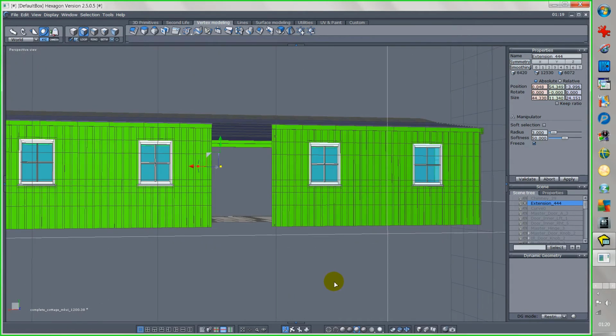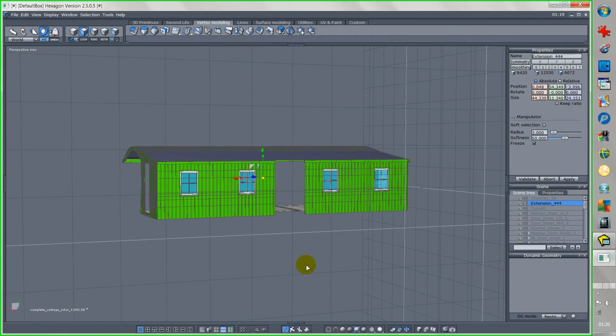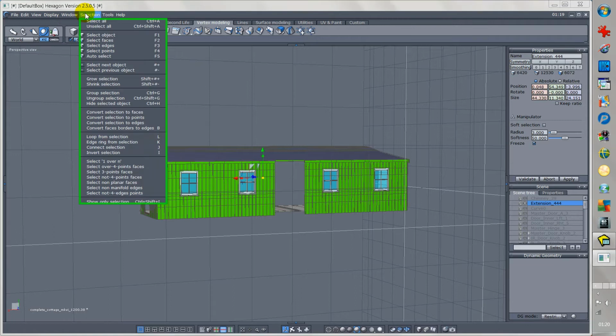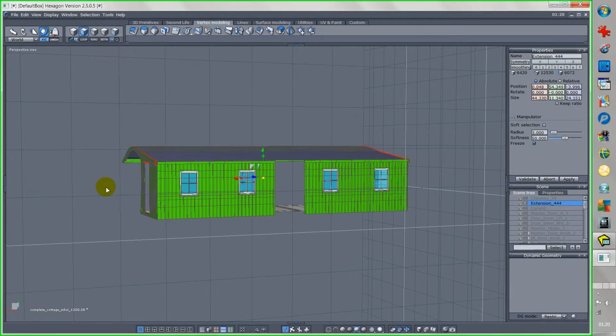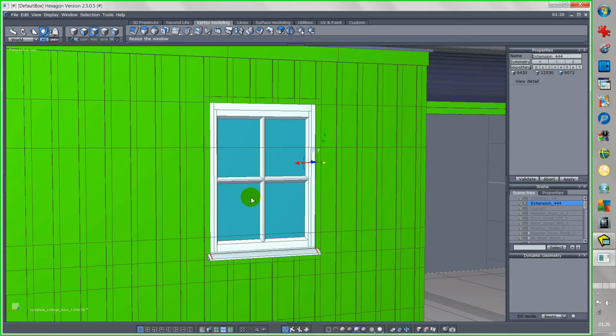And now the proof of the pudding, or pudding rather, will be in the eating. So we are assured that the non-manifold edges round the panes of glass have gone,